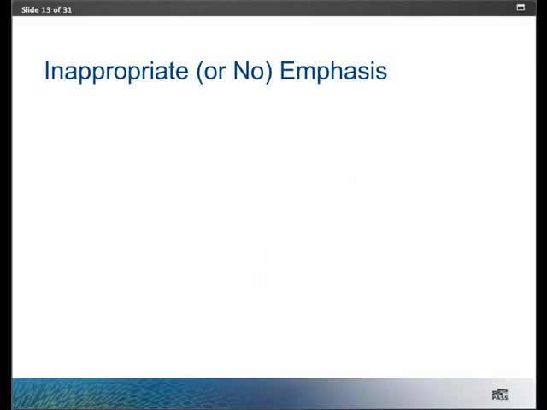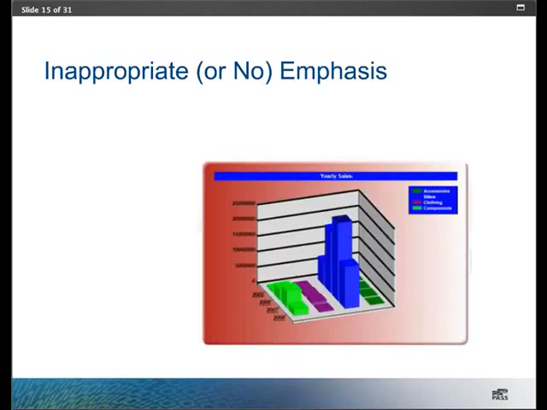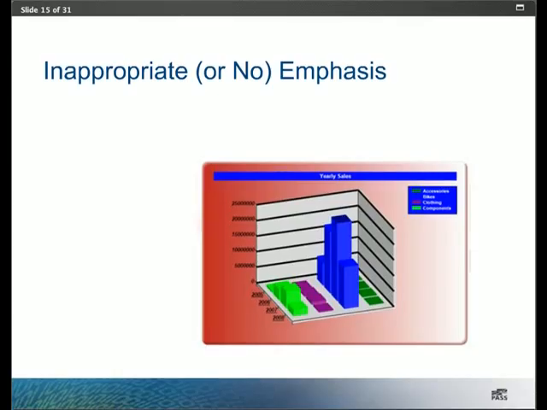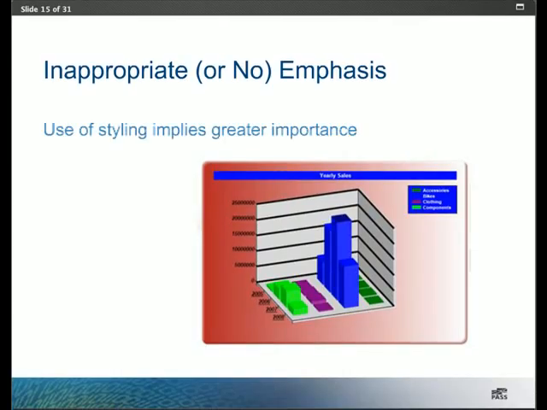So here's an extreme example of inappropriate emphasis. All the colors here are competing for our attention. So we have the blue fill for the chart title and the legend, and that really pops out against that red background, but it really doesn't contribute to any meaning here. They're just supporting elements, and yet from a color perspective, those are the elements that are being overly emphasized. So anytime you use any particular styling technique, the eye is naturally drawn to those elements first.